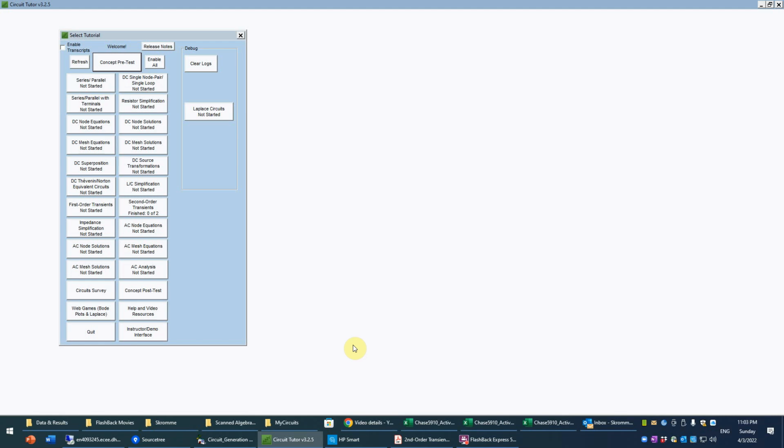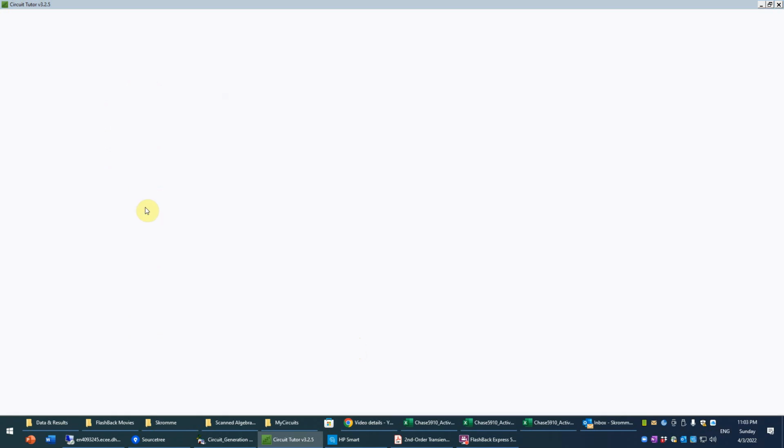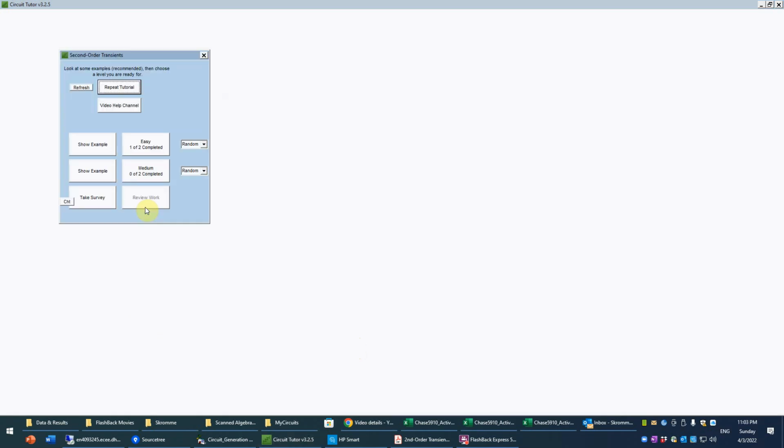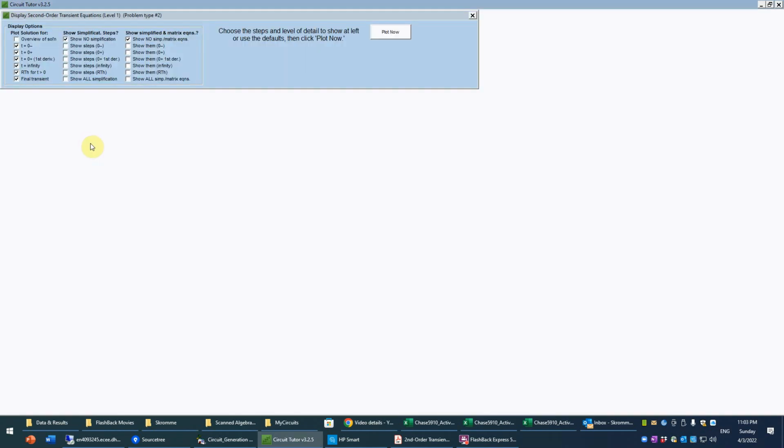This is an example of a second-order transients problem in Circuit Tutor at level 1, and we're going to select problem type 2, which is a parallel LC circuit. So as always, it's a good idea to view the introductory tutorial, which is very important for this particular game. And also you may wish to view examples, and just to show you there is a special interface for doing